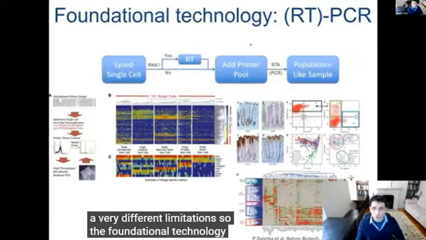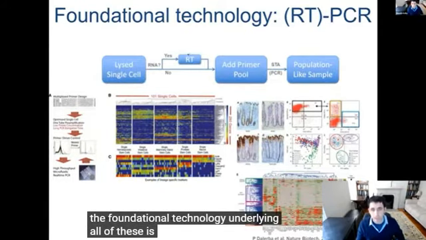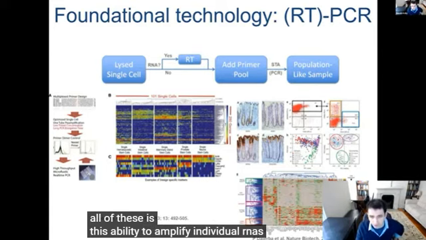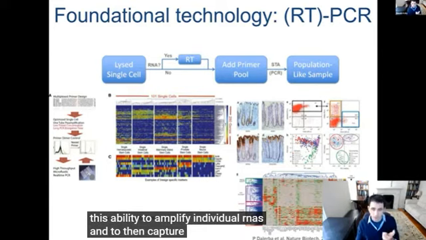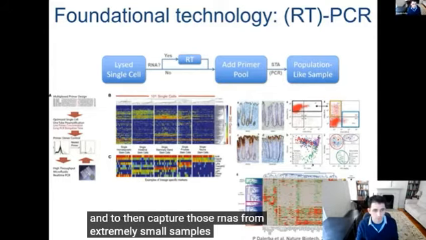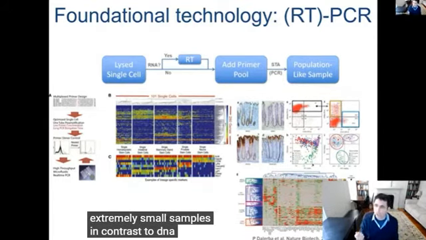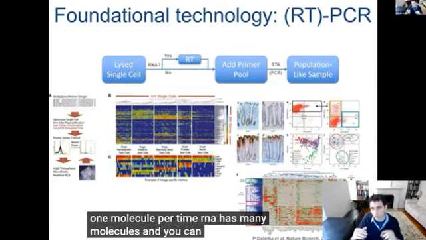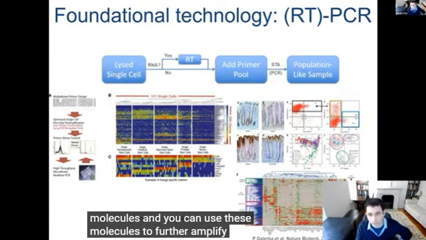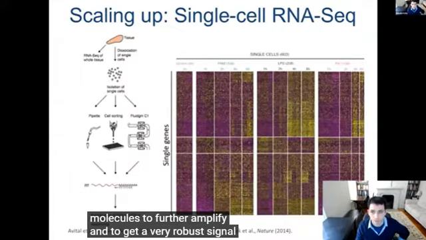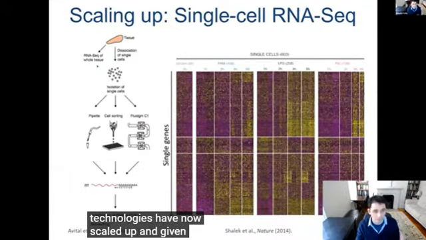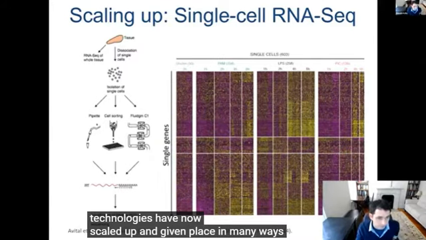So the foundational technology underlying all of these is this ability to amplify individual RNAs and to then capture those RNAs from extremely small samples. In contrast to DNA, where you only have one molecule at a time, RNA has many molecules, and you can use these molecules to further amplify and to get a very robust signal. So these technologies have now scaled up and given rise in many ways